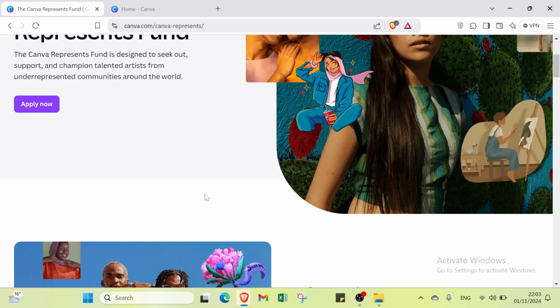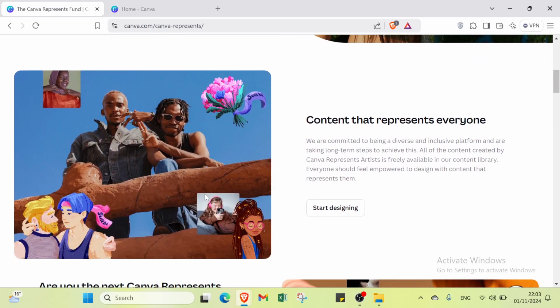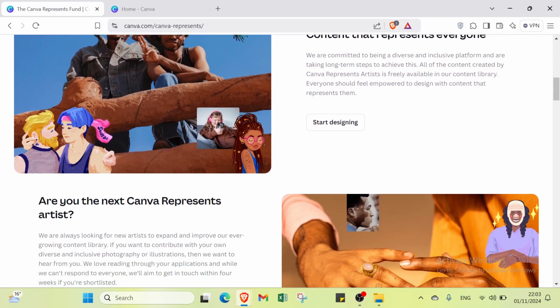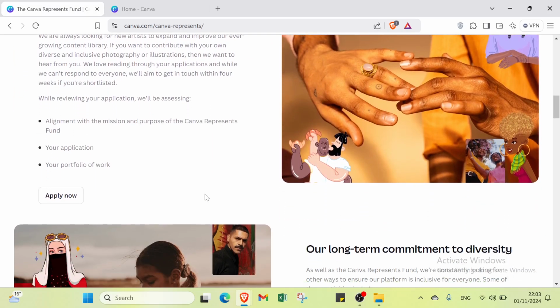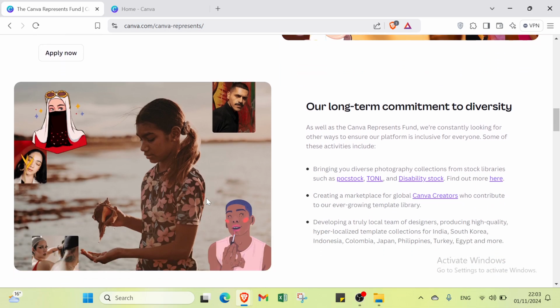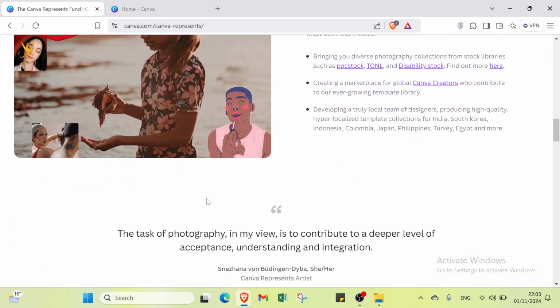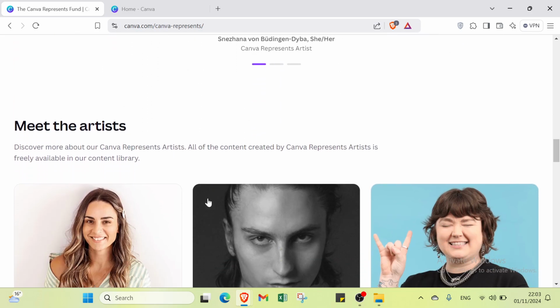So Canva is a user-friendly graphic design platform that allows individuals and businesses to create visually appealing websites with ease. With its drag-and-drop interface, a wide array of customizable templates and design elements, Canva enables users to build a professional-looking web page without any coding knowledge. It's perfect for anyone looking to establish an online presence quickly and creatively, whether for personal projects, portfolios, or business